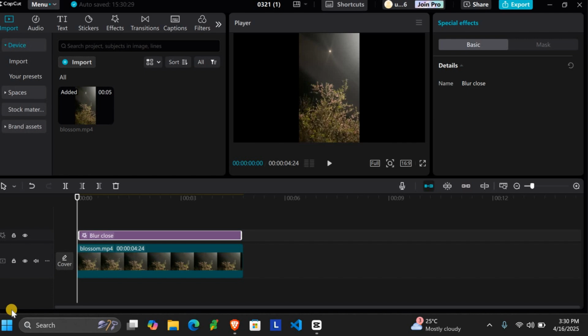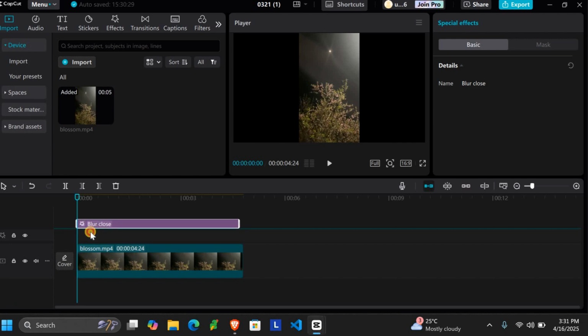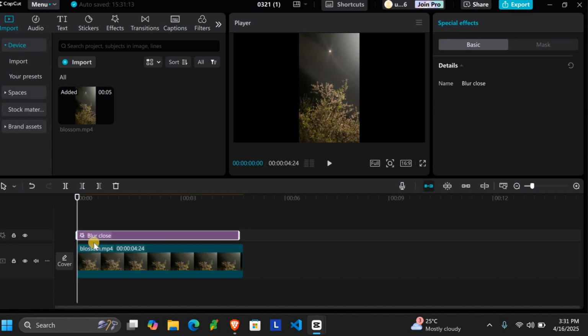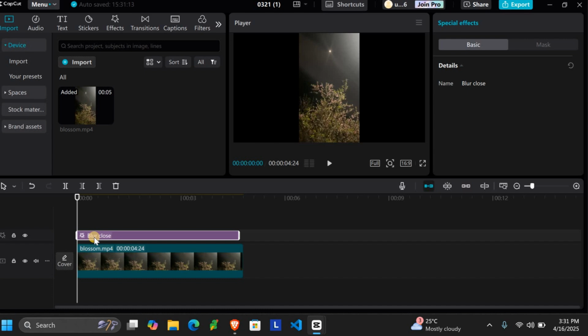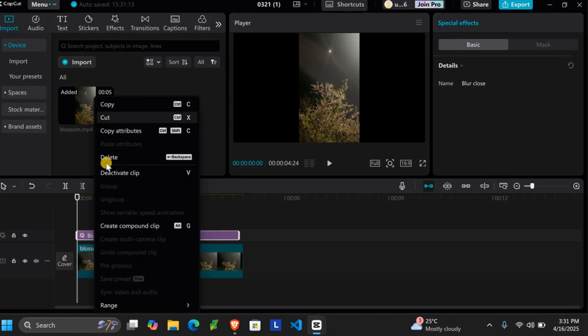Now in the timeline, effects are usually placed in their own track, either above or below your video clips. As you can see, the effect is placed above my video like this. Click on the effect layer in the timeline to select it. Now press the delete key on your keyboard or simply right click on it and select delete